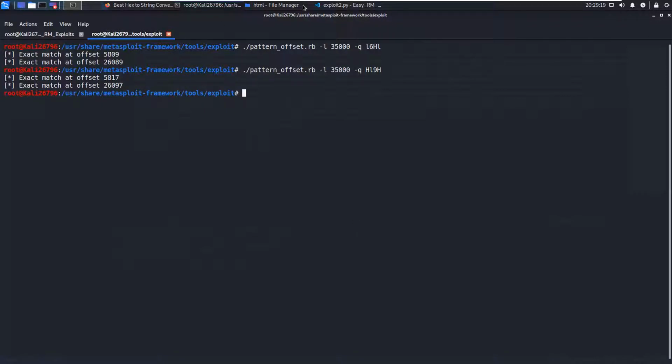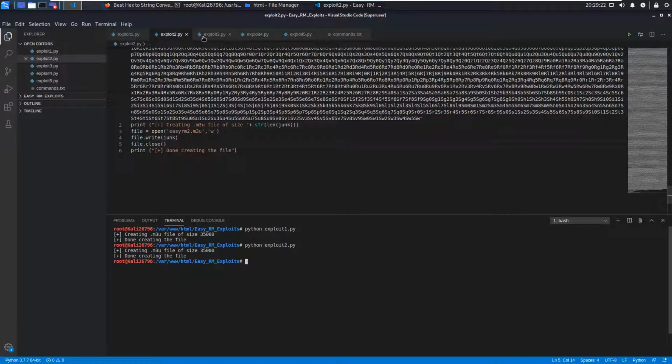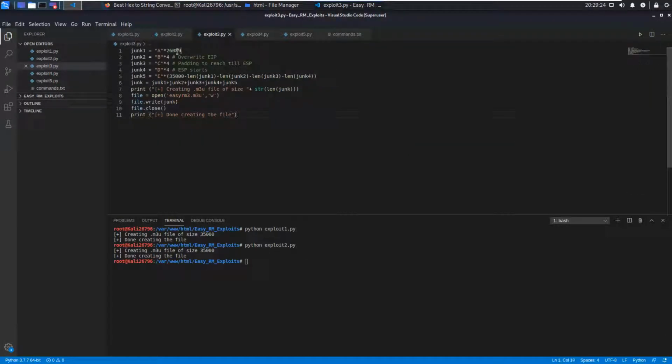Now in order to verify these computations, we go to a third exploit code wherein I'll first fill junk till 26089. Then for the next 4 bytes, I'll override the EIP with 4 B's. The hex of B is 42, remember that. Then after 4 more bytes, my ESP overwriting starts. So based on the calculation, 4 D's should be the first 4 values being written on the ESP, and the remaining part of the stack I will fill with E's.